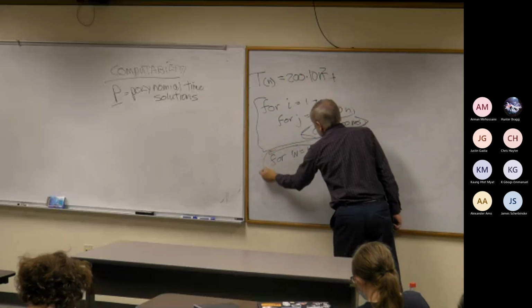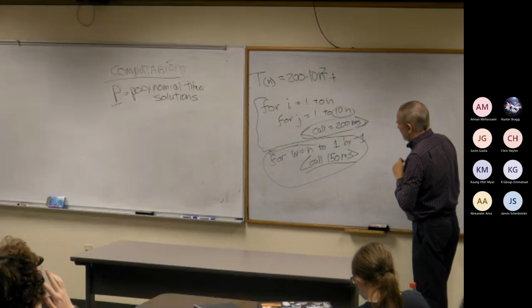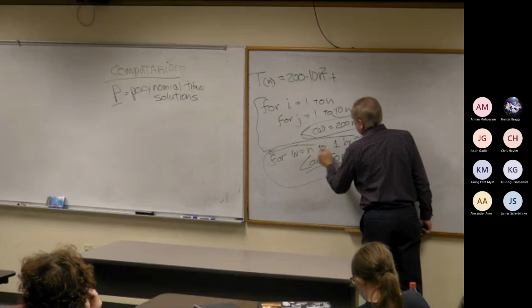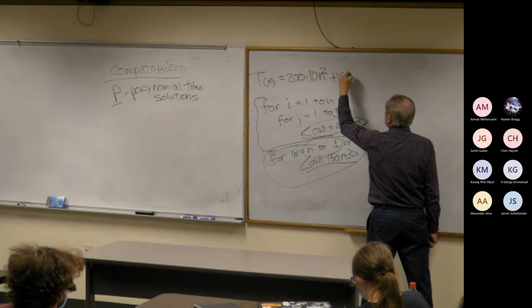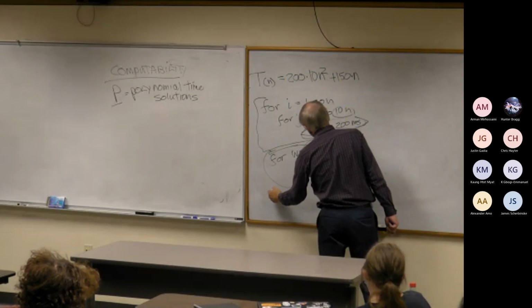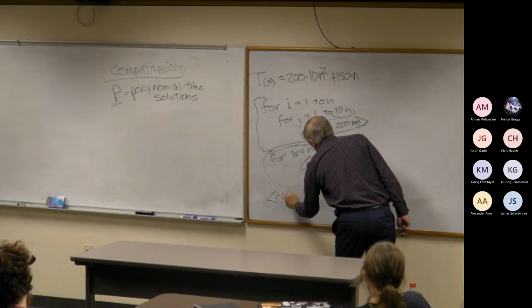And then this is counting negatively, but it's still going to go n times, right? So it's like 150 times n, and maybe there's something that happens outside the loop that would just be some kind of a call